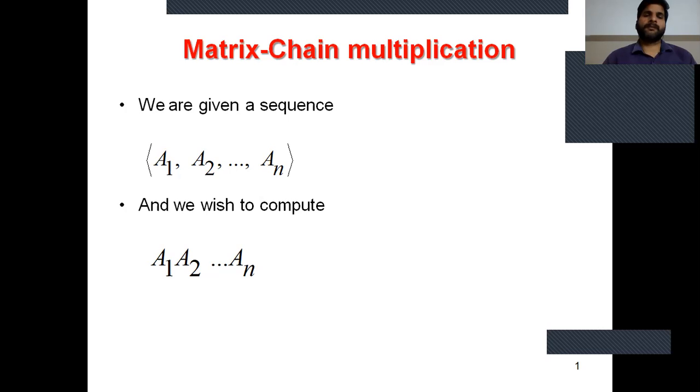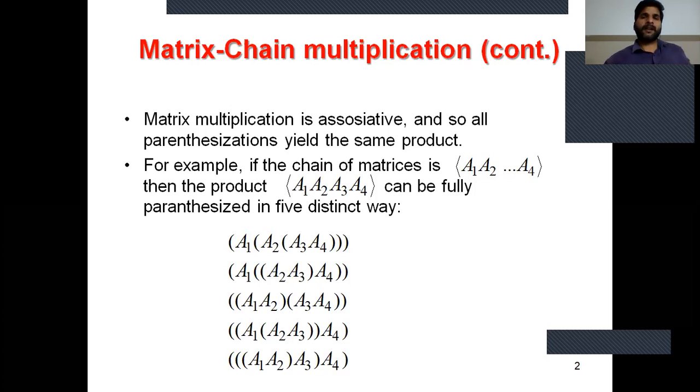In this problem, we are given a sequence A1, A2, ..., An, and we wish to compute the product A1 A2 ... An. Matrix multiplication is associative, and so all parenthesizations yield the same product. For example, if the chain of matrices is A1, A2, A3, A4, then the product A1 A2 A3 A4 can be fully parenthesized